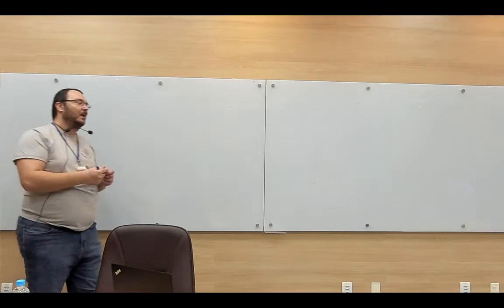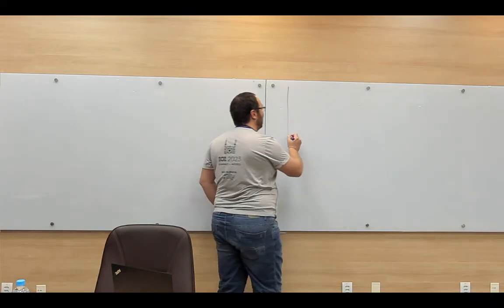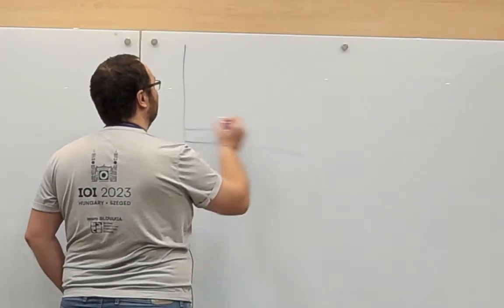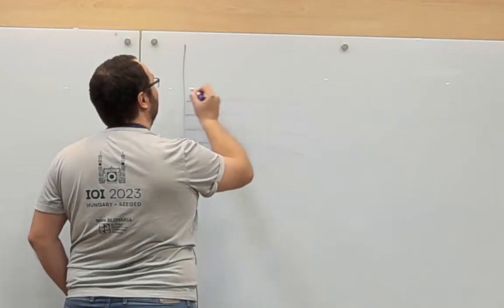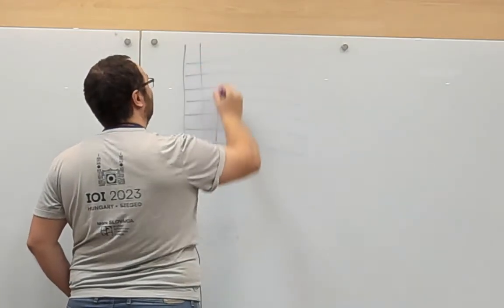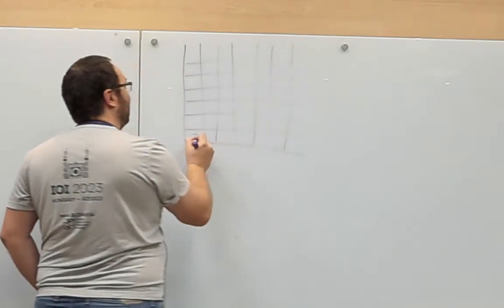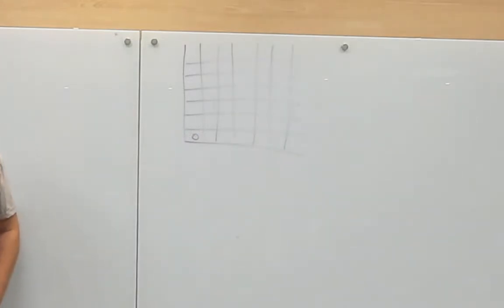Let me give you one last problem from this category. And for this one, you can think about the solution then on your own. And the problem looks as follows. This time we have just the one positive quadrant of the infinite grid. And at the beginning, we have a single token sitting here. And whenever